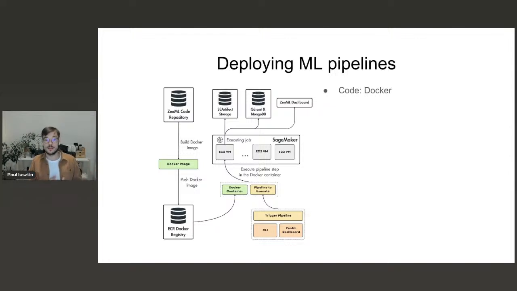And ZenML lets us take these Docker containers and ship them to SageMaker, which was the compute, right? So basically, we have all the pipelines packed in a Docker container, and we told ZenML that, hey, here is our Docker container with our ML pipelines, and we want you to put them on SageMaker.